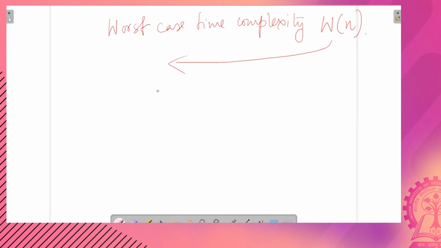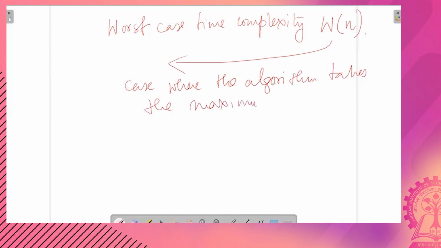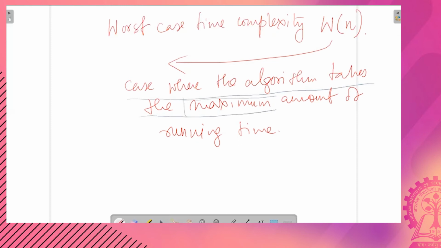Worst case is referred to as the case where the algorithm takes the maximum amount of running time.